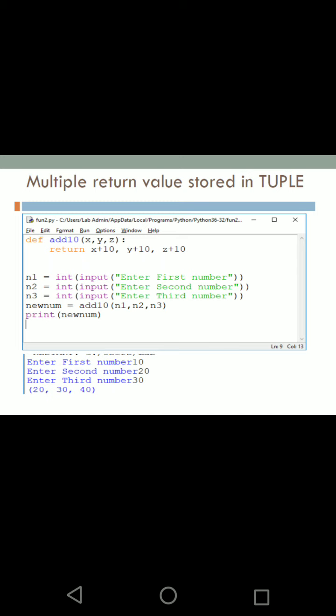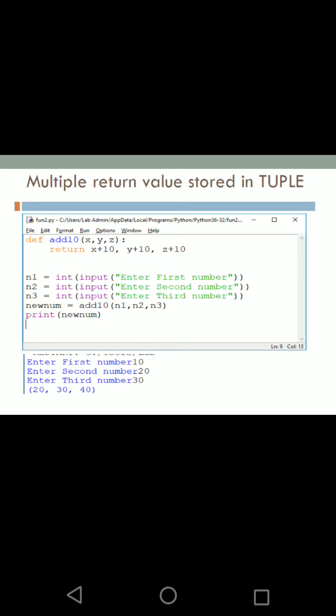Three numbers are taken from the user and passed to the function using the arguments n1, n2 and n3, and it is passed to x, y and z. In the function it is evaluating some expressions, and it is returning x plus 10, y plus 10, z plus 10. And when it is returned, we can see that it is assigned to new num. And when the new num variable is printed, you can see that it is printed as a tuple. So new num is actually a tuple.